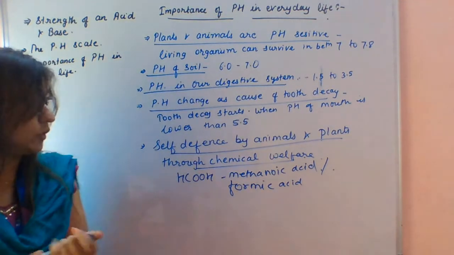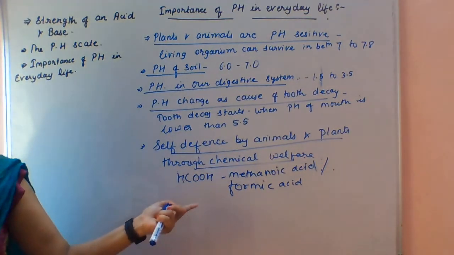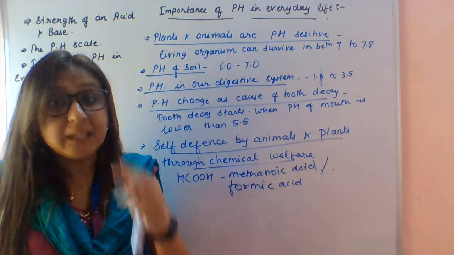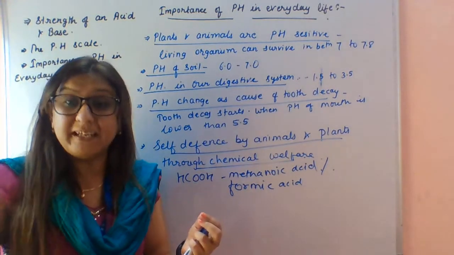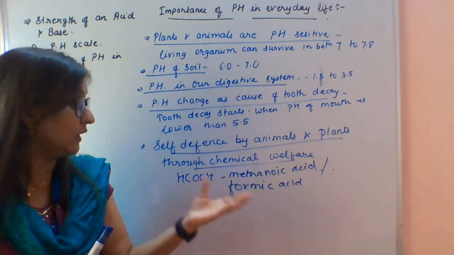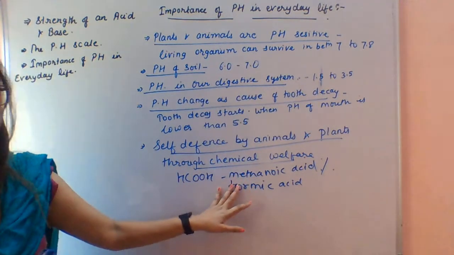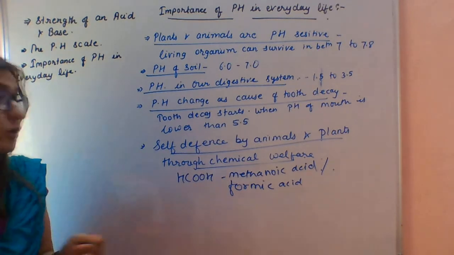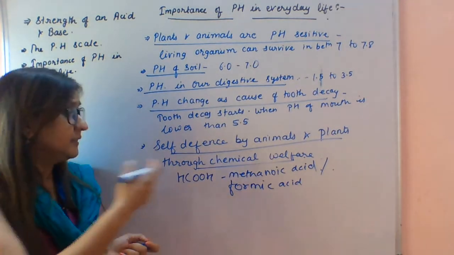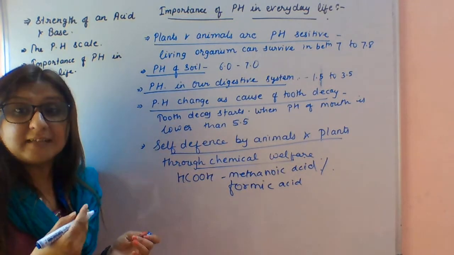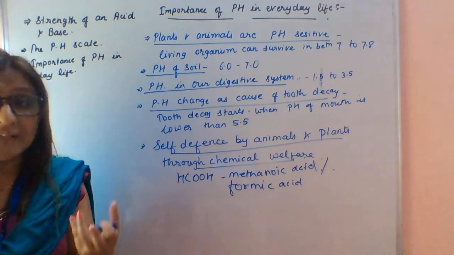To neutralize the effect of this acid, you should apply baking soda to it. Baking soda is basic, or alkaline, in nature, so it will neutralize the effect of the acid. You have also heard that nature provides a neutralization process. Sometimes this neutralization occurs naturally, like in forest regions.